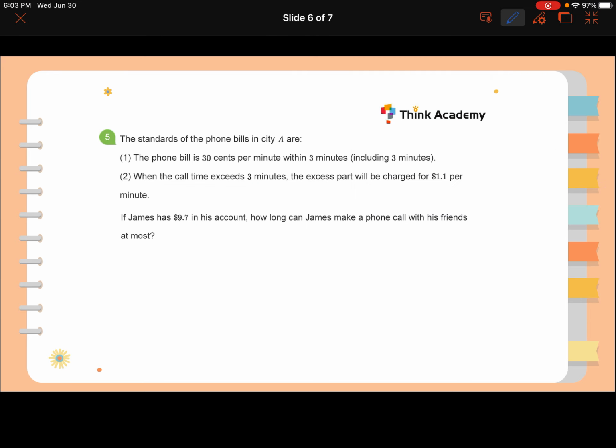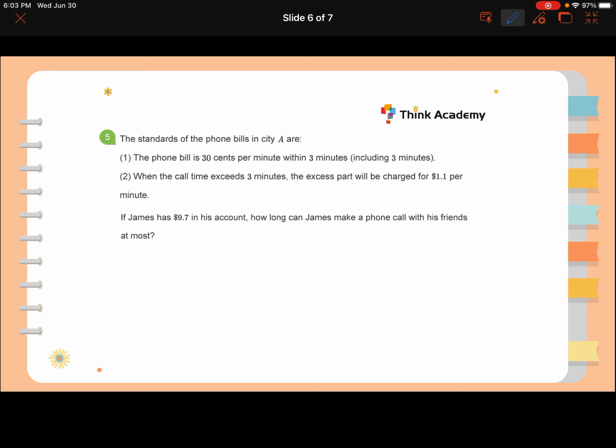The standards of the phone bill in City A are: the phone bill is 30 cents per minute within 3 minutes, including 3 minutes. And when the call time exceeds 3 minutes, the excess part will be charged $1.1 per minute. If James has $9.7 in his account, how long can James make a phone call with his friends at most? Now, because there are 2 standards, let's first look at if James has enough money to make a 3